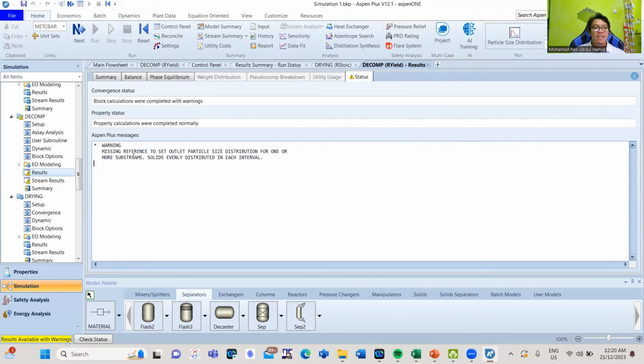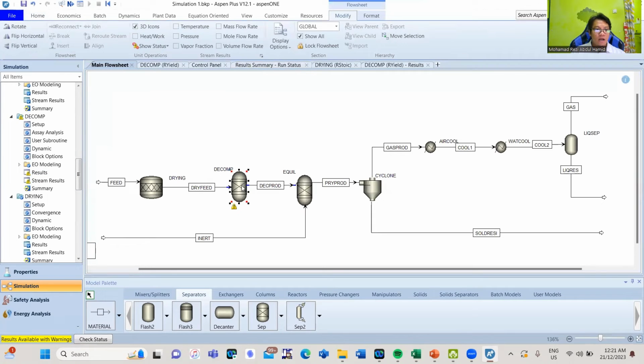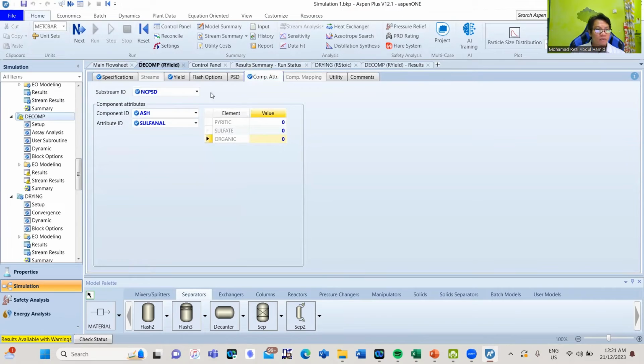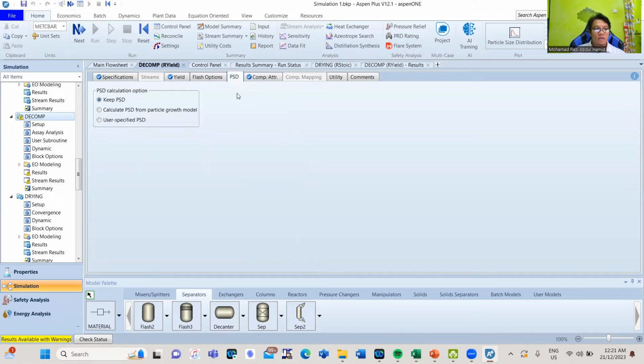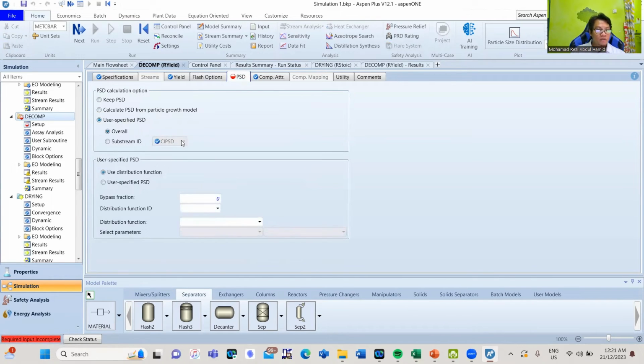Now, it says missing reference of set outlet particle size distribution, because I forgot to add particle size distribution of dry biomass. So you go back to decomposition, go to component attributes. Let's see, how can I do this? Okay, go to particle size distribution. User specified particle size distribution of, let's see,